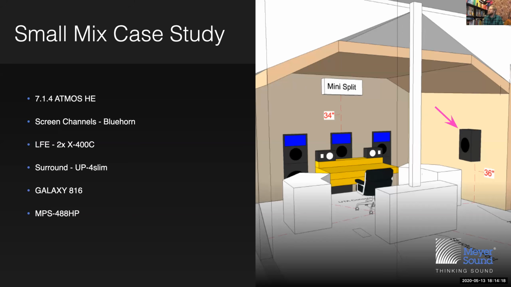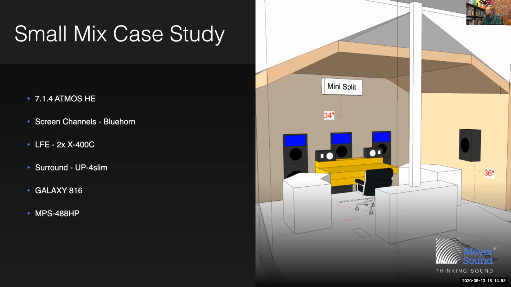Originally, this system had been requested to have those large surrounds, and we were looking at larger HMS 12, I believe, loudspeakers, which was tons of headroom that they probably wouldn't ever use. So through some different design options, we came about to the UP4 Slim, which is quite different than the HMS 12 products in terms of size and SPL output. But it checked all the boxes, and it got us to where we needed. It has a Galaxy and an MPS 48 for all the loudspeaker power supplies,